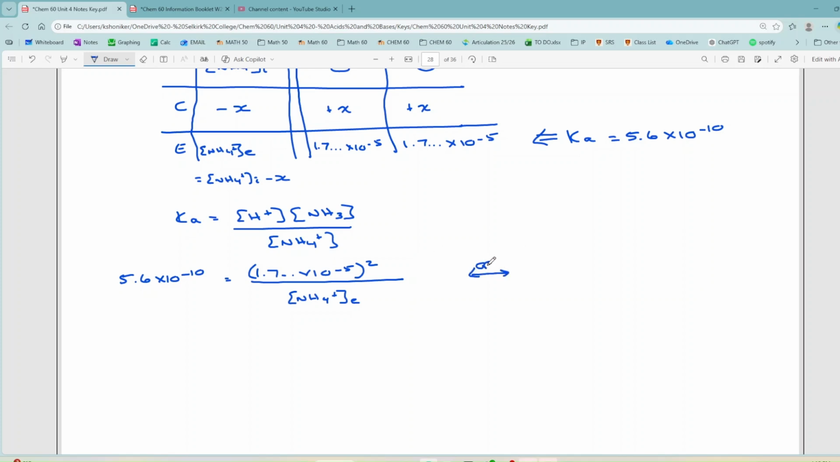Or if you like to do things in one step, you can put in the Ka as 5.6 times 10 to the negative 10. You could put in the concentrations as 1.7 times 10 to the negative 5 squared. But instead of putting ammonium at equilibrium, you could put that the concentration of ammonium